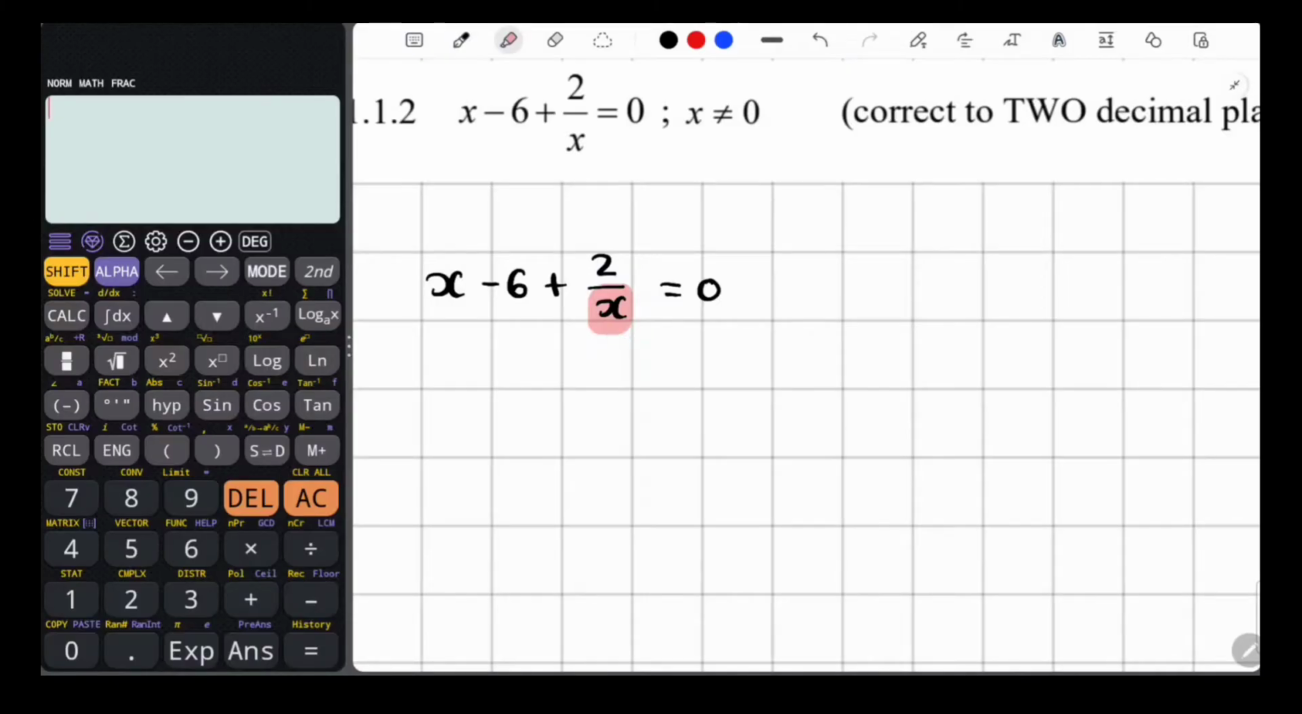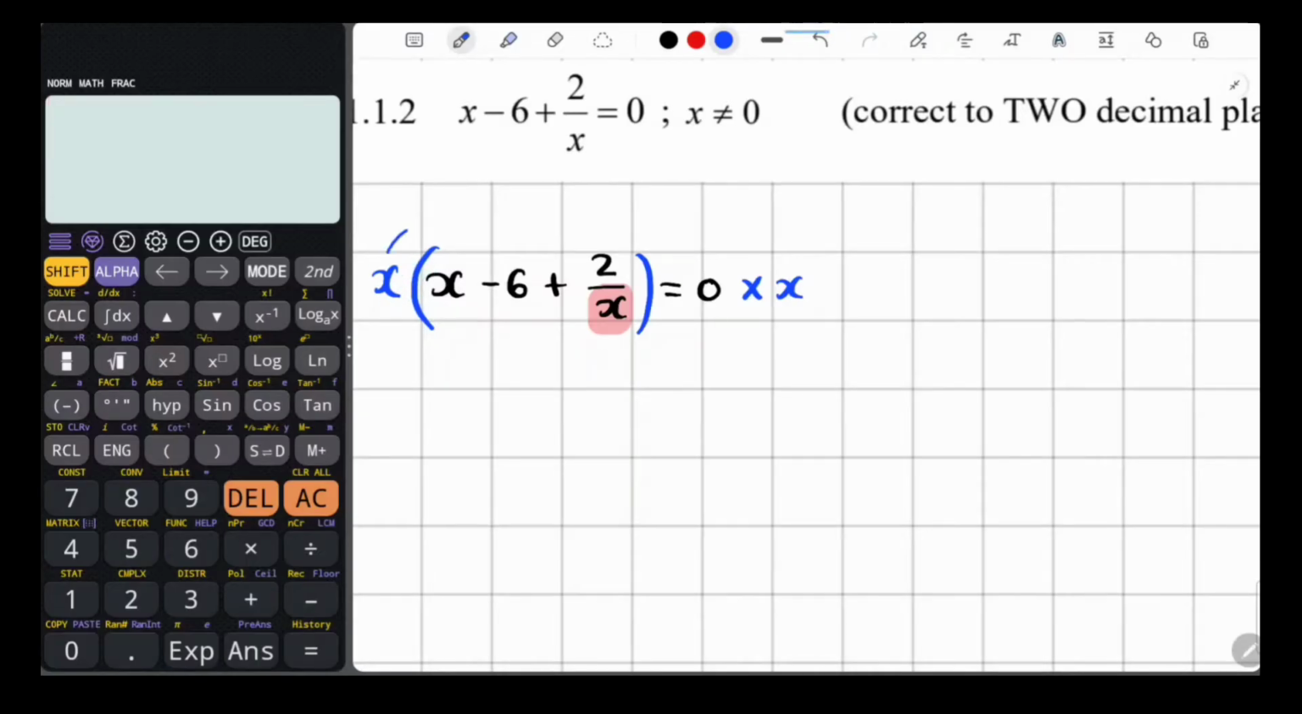But because this is an equation, what you do on the one side, you have to do on the other side. So what we can say over here is we're going to multiply this hand side by x, and we're also going to multiply that by x. And then this is what happens. We have